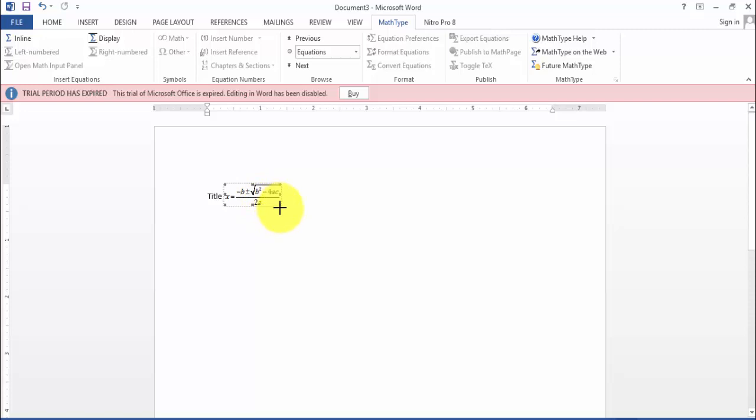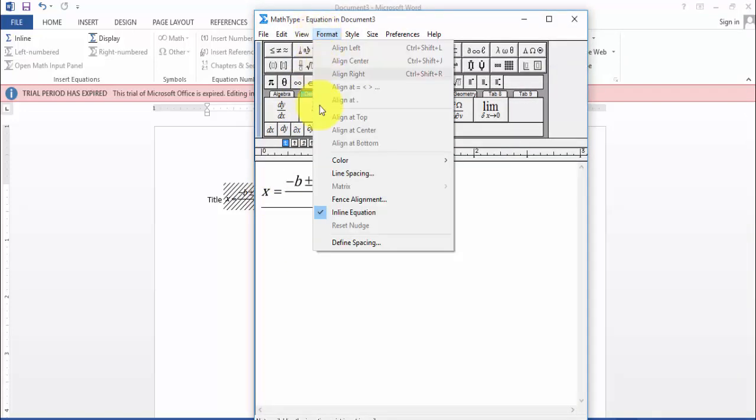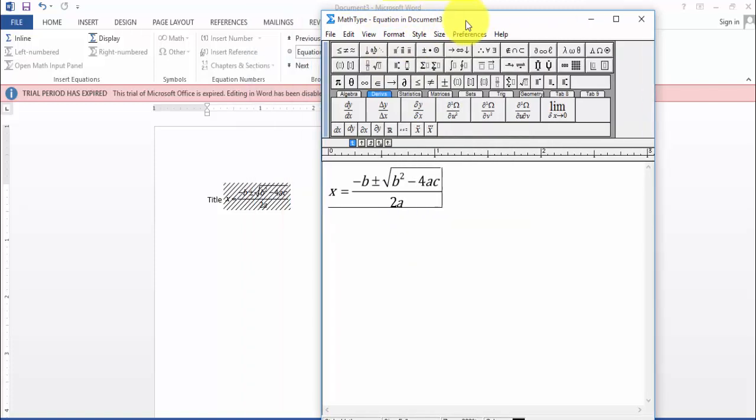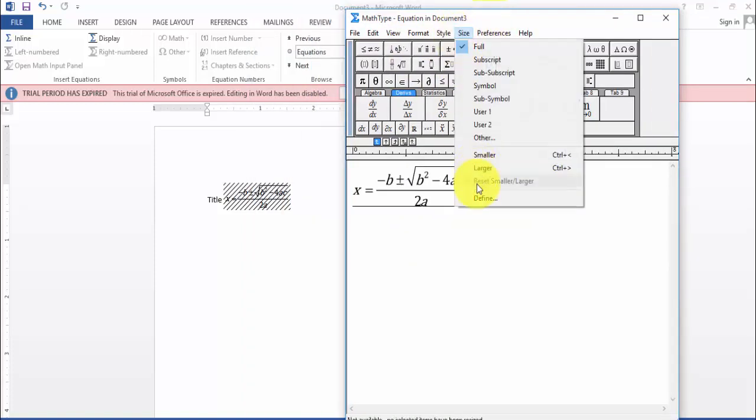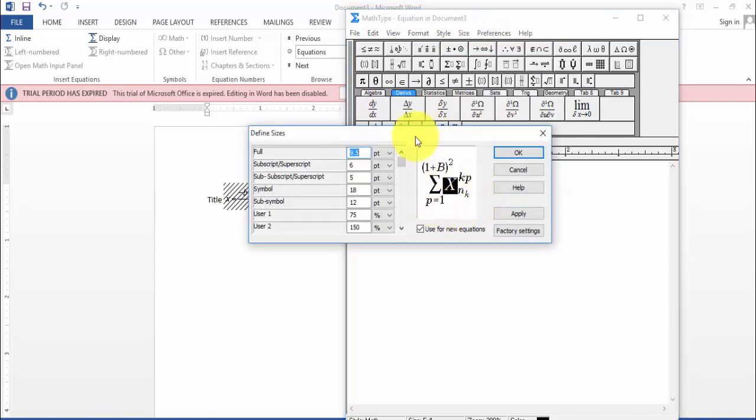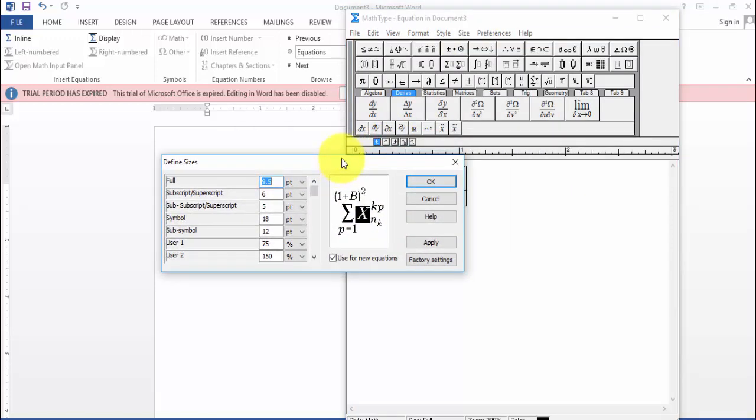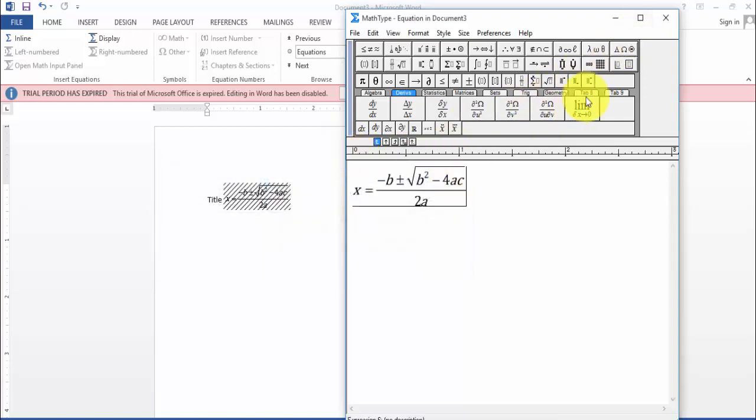You can enlarge this equation. Similarly, double click on this equation and you can change the settings, like you can define the different variables. Most of the time while preparing a report, they will give the format of each equation, so you can specify it here. Then you will get an equation like that.